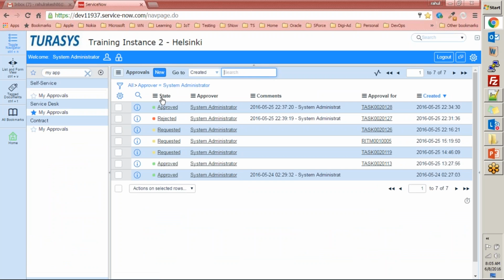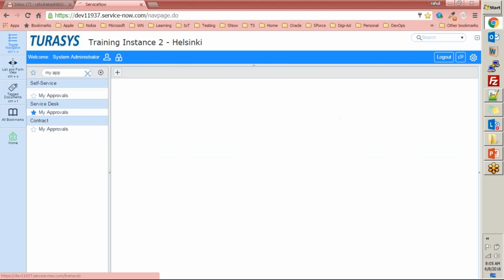This is the section where all the approval requests will come to you, right? Whatever you have to approve will come to you and will be listed here. So if somebody requested a change request, or a task came to me for approval and I am not in office, this task will also be displayed in the my approval section of the delegate, and that delegate can go ahead and approve or reject that request. Make sense?